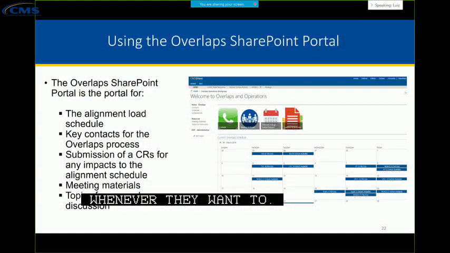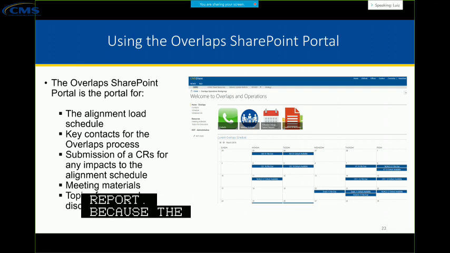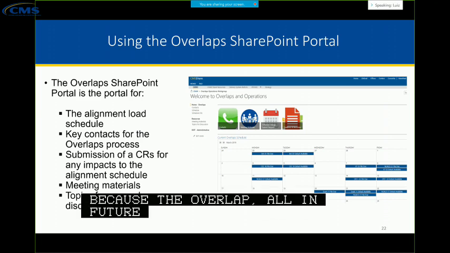I think once you start to use it, I'm just going to mention it, there are a lot of opportunities to improve the report because the overlap report gets all past, present, and future overlaps. So, all right, now going into overlaps admin,